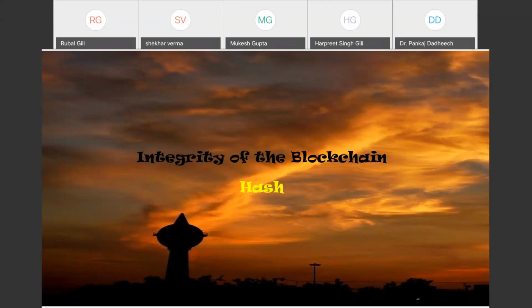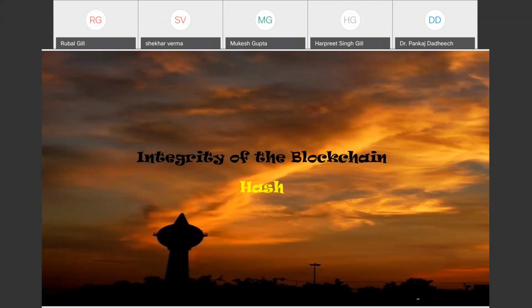Number two, as I've already been telling you, I want to maintain the integrity of the blockchain. Everybody should have the same distributed ledger or blockchain. Nobody should have a different copy. Nobody can disagree. How do I do it? I use a cryptographic hash function. So this is the first application,